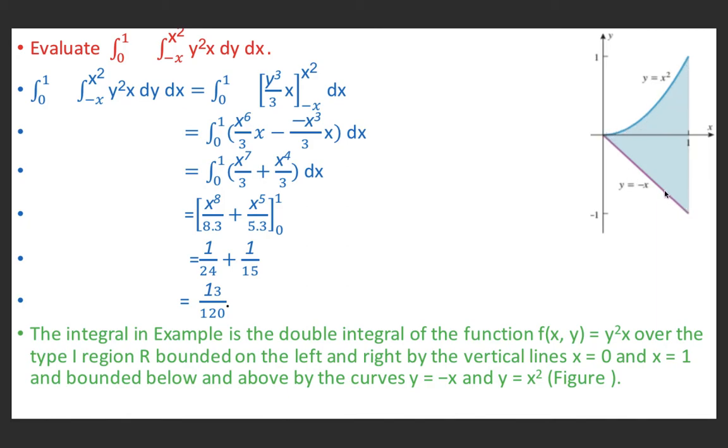Clearly this is not rectangular in shape. Now we will find the double integration over this region. So first we will integrate with respect to y and then with respect to x. Keep this in mind while evaluating a double integral: first integrate with respect to the variable having variable limits, treating the other variable as constant, and then integrate with respect to the other variable with constant limits. So here the limits of y are variable, so we are integrating first with respect to y.